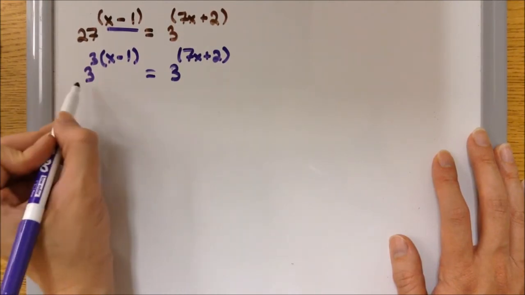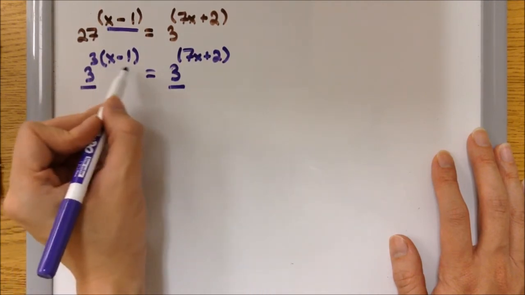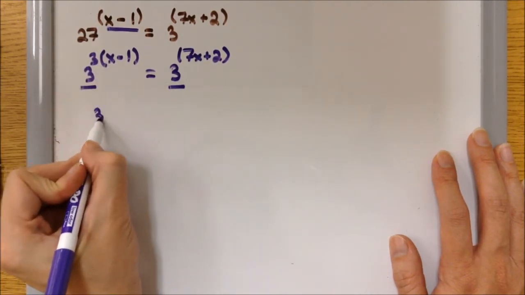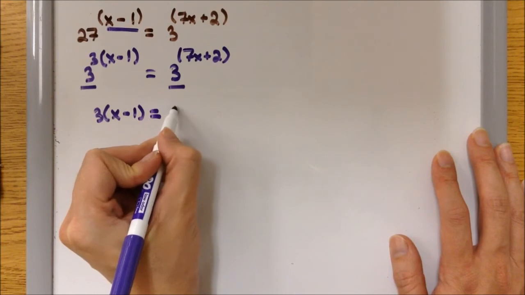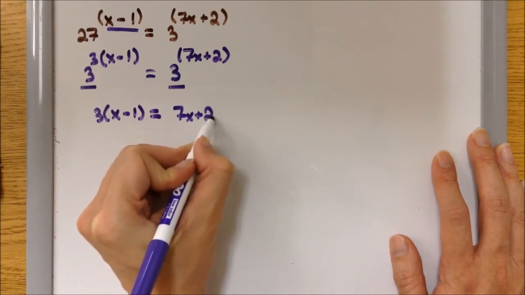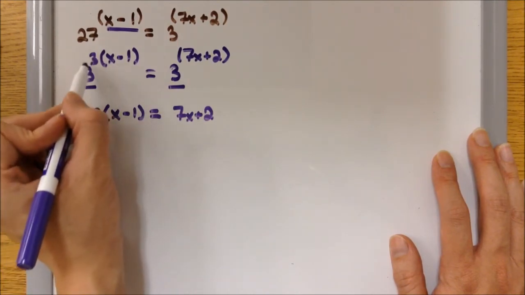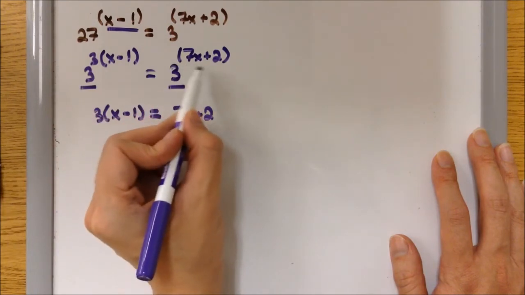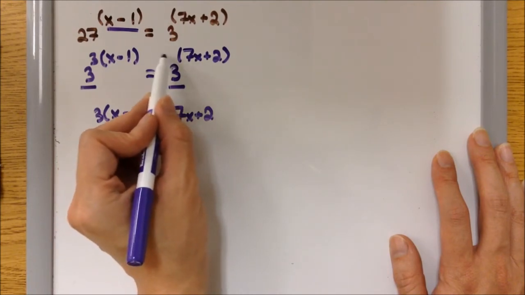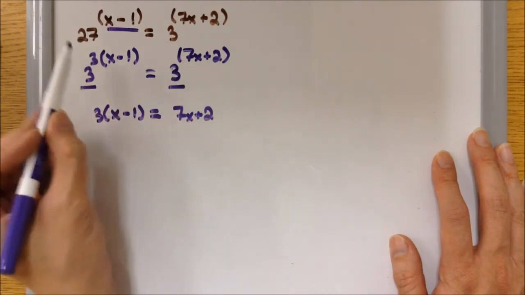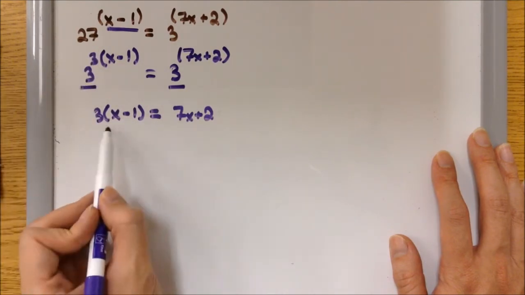Now continue from there. I see that the base on the left is the same as the base on the right, so therefore I'm going to write the left exponent 3 times x minus 1 equal 7x plus 2. Now I kept my parentheses on the left exponent because there's a coefficient outside. The one on the right, I didn't keep the parentheses because there was no number outside. So when there's no number, no negatives, you can get rid of the parentheses from the exponent. But when there's a number outside the parentheses, when there's a negative, keep the parentheses